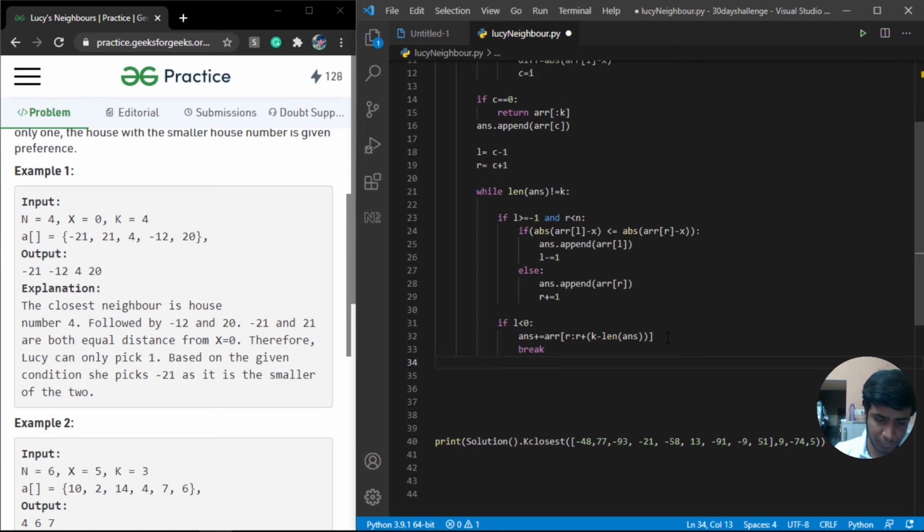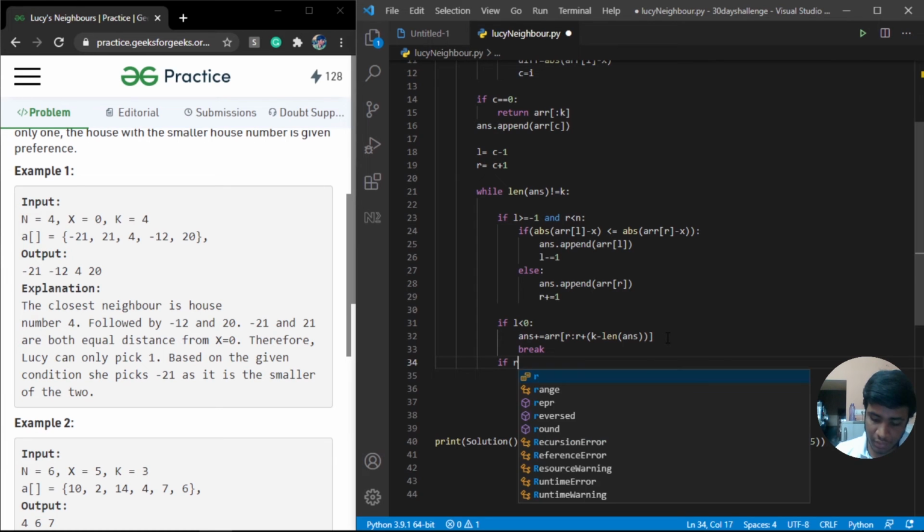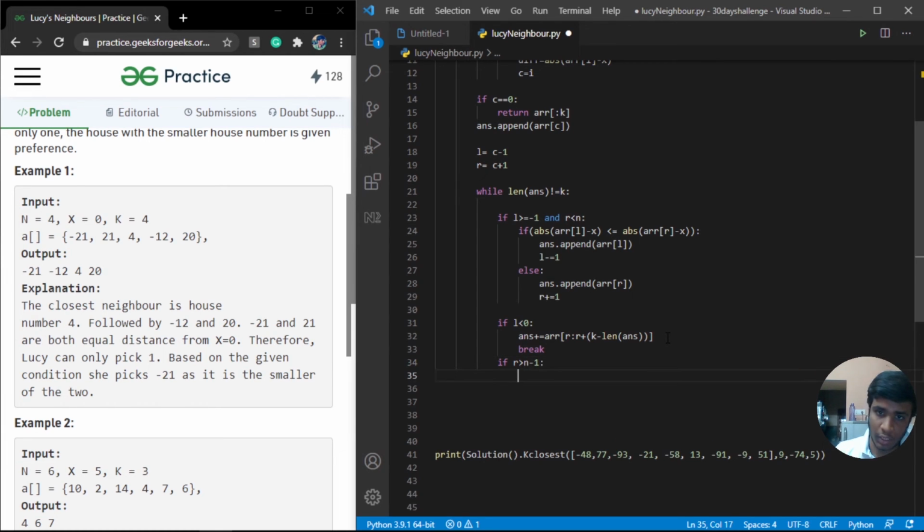And in the other case, what if R is greater than n minus 1? So R is exhausted. In that case, I have to complete all the neighbors with elements from the left side. So answer array is going to be updated with elements from the left side.